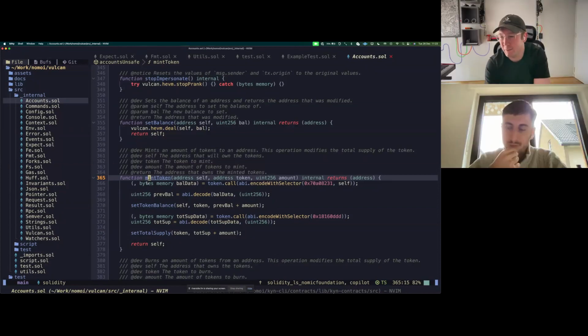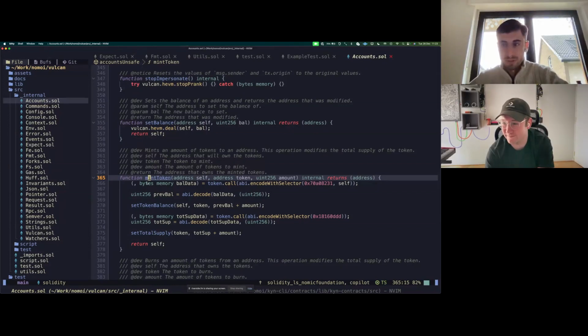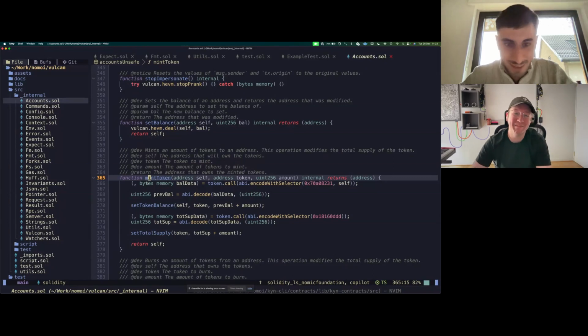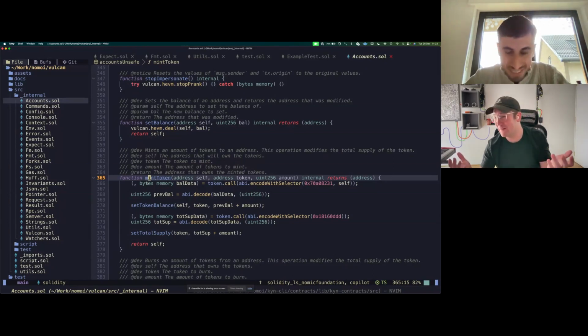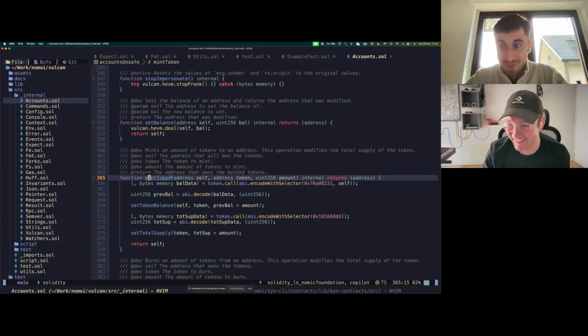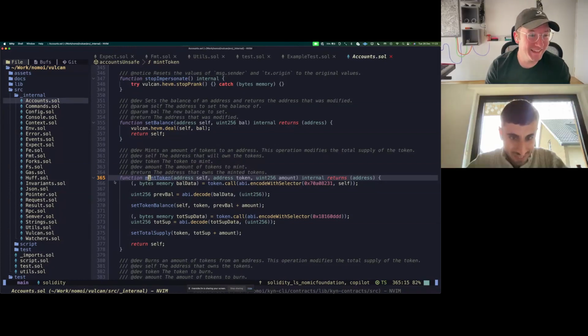I think it would be too problematic to do it at the Foundry VM level right now. But I'm not sure of the plans that the Foundry team has. It feels like we're just gonna be stuck with it forever. So it is what it is. Well, you have Vulcan, so you can use that. Yeah. So maybe we can go into how results work, because that's a thing that we implemented